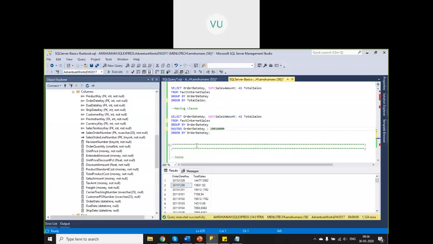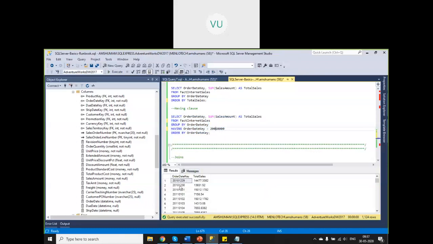That means having is a condition applied for each of your groups. Now, group by order key. Yeah, all values are greater than 2001, so let us put some other value.